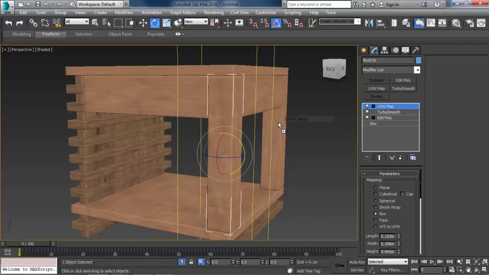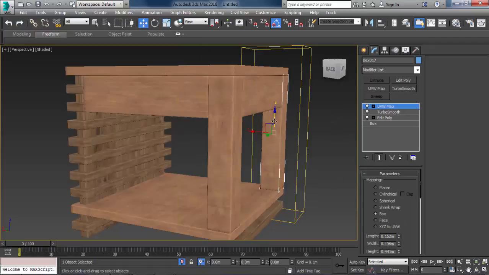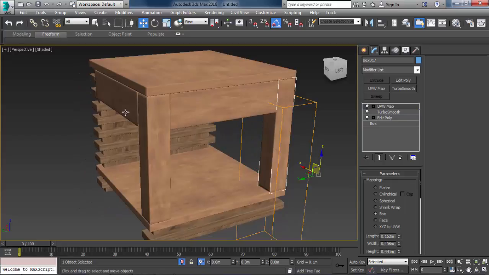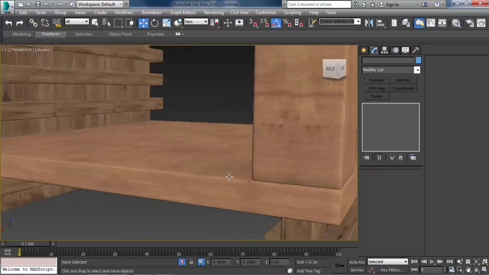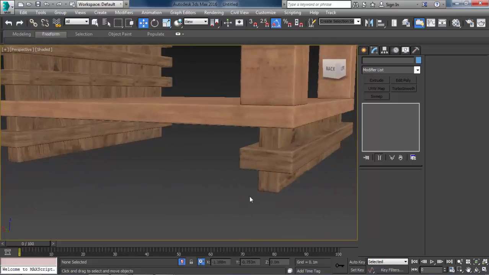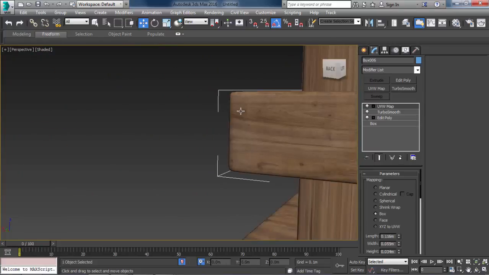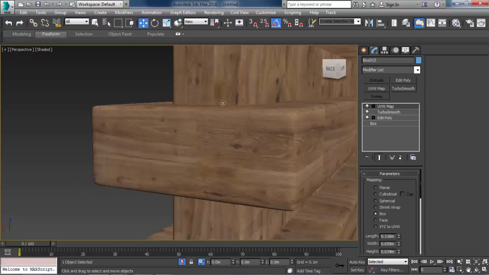Yeah, just make it something better. And we'll just move it here. Great, and there you have it. Let's also do here.